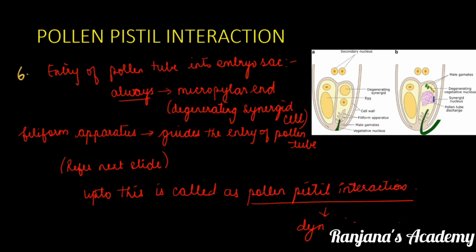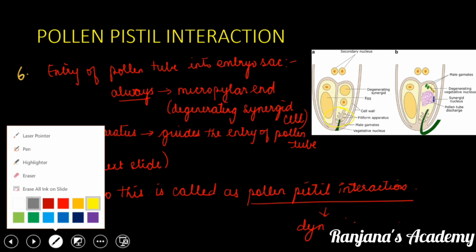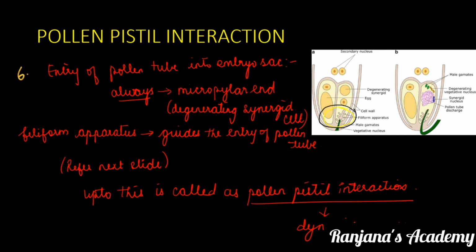Now, the entry of the pollen tube into the embryo sac. So the ovary, it has entered. Now we come to the ovule, that is your embryo sac. Always the micropylar end will be guided, mostly in angiosperms. Now we know that we have synergids in the micropylar end. What do we have here? We have synergids in the micropylar end, and these synergids will degenerate at the time when this pollen tube enters. As a result, it will have structures called